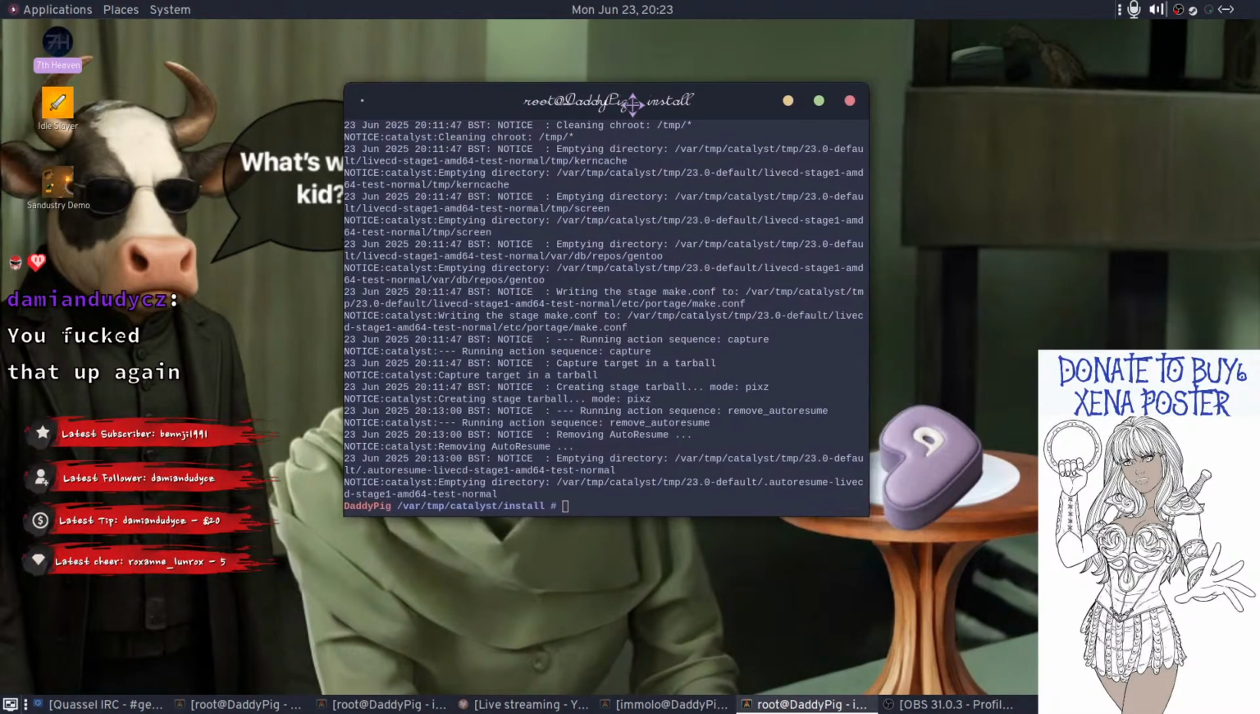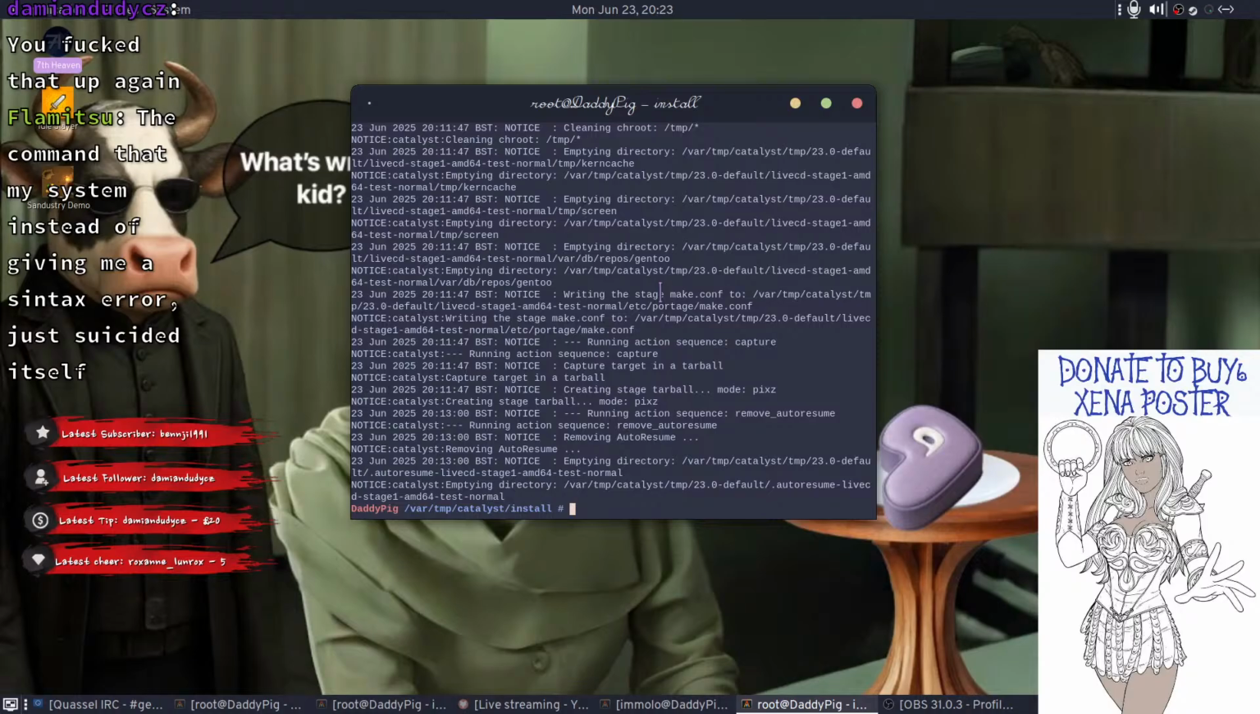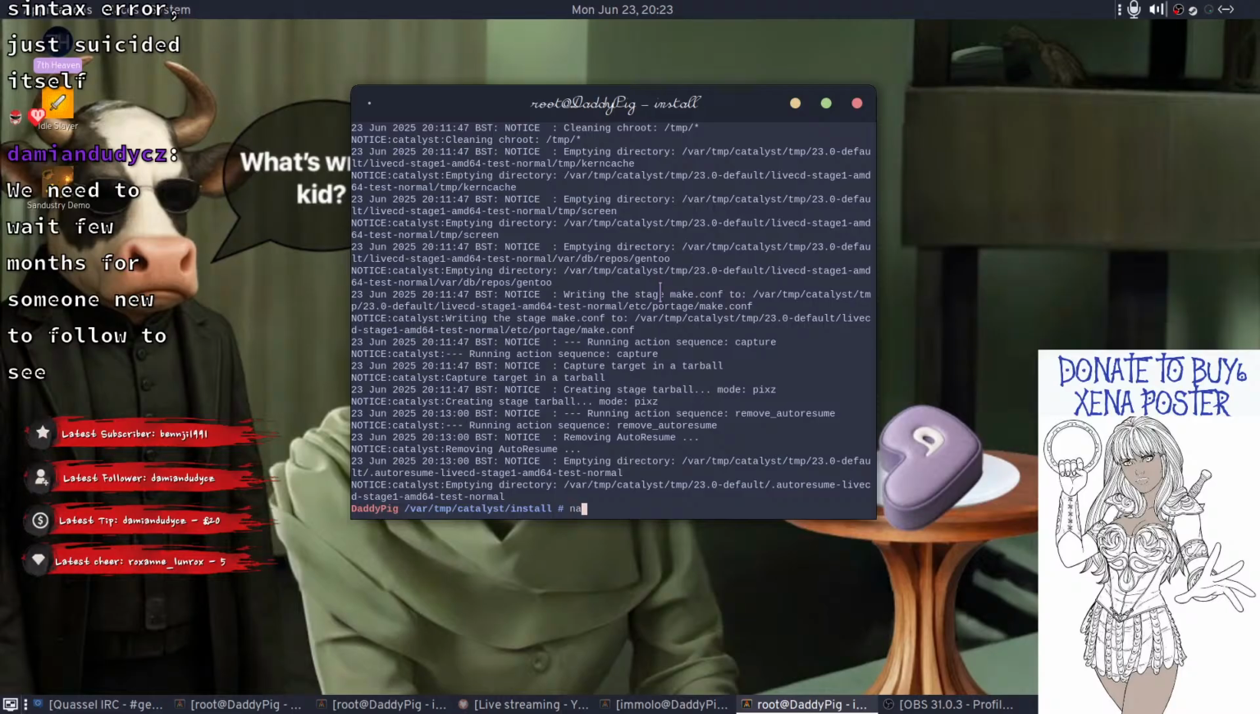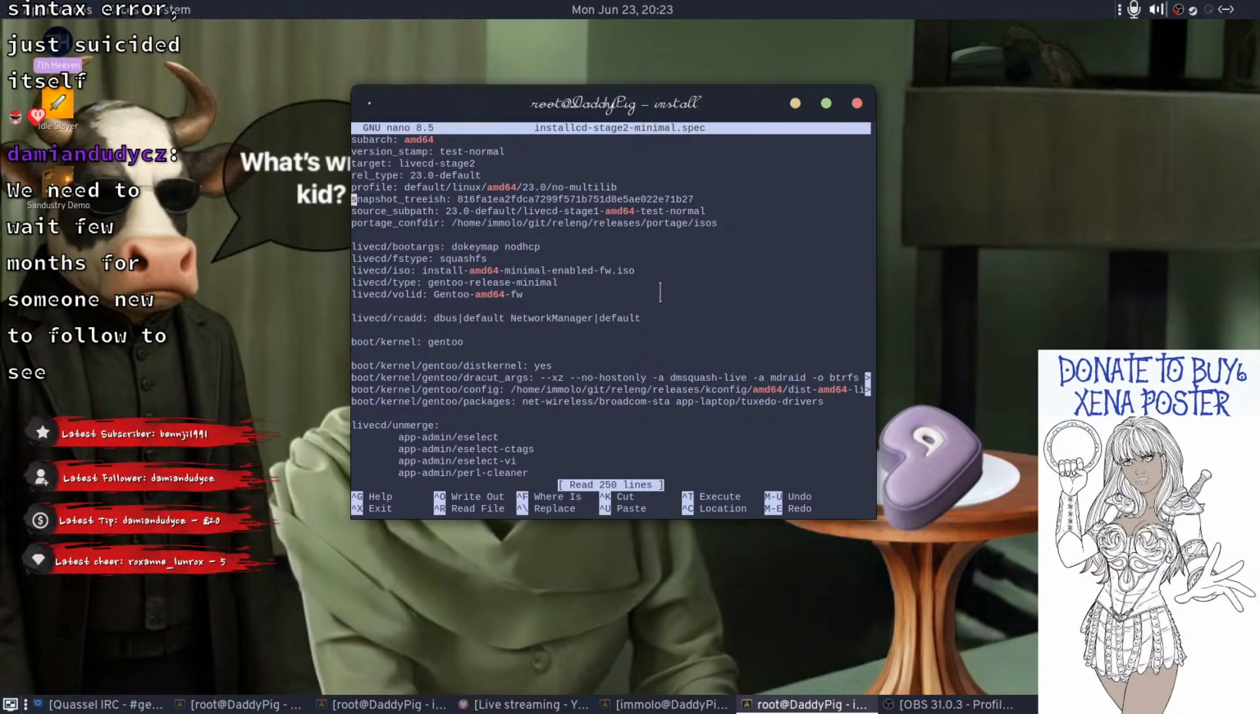So, I have already built the first stage, which adds all the programs to the InstallCD, because we didn't want to sit here watching GCC and Clang compile like I just had to do. Let's go and take a look at the second stage. So if I do install stage 2,